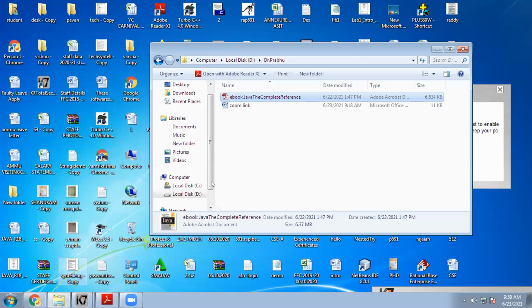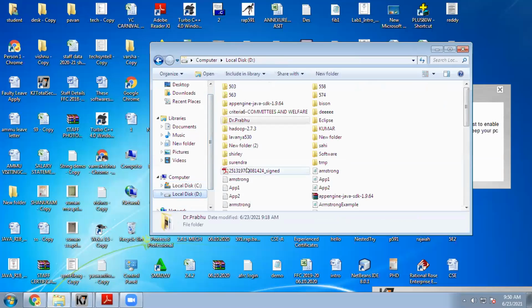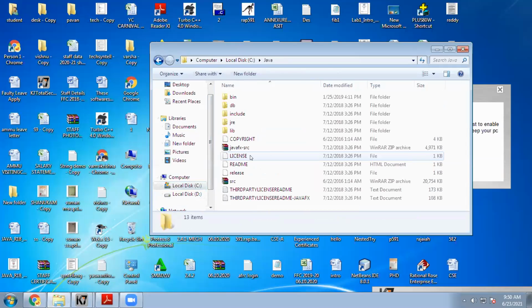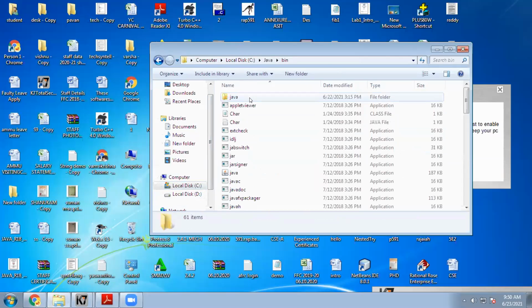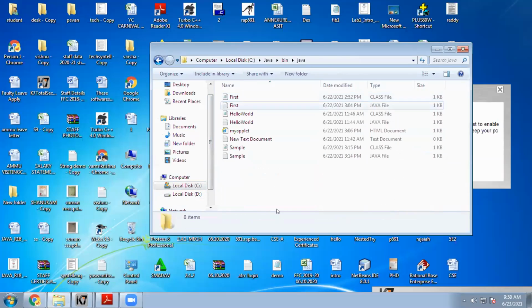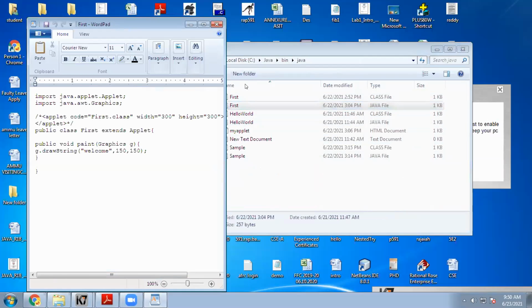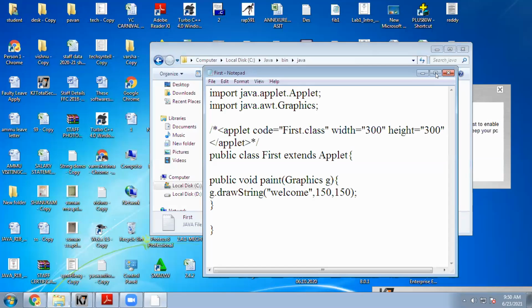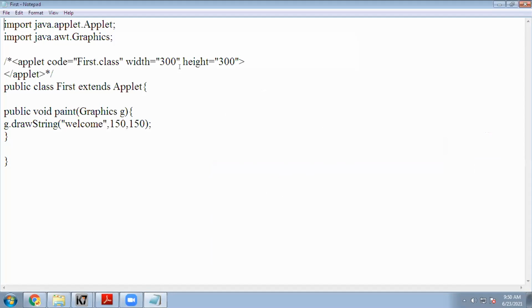So what I did is I created one applet program. I'll show that. Here this is one Java file. Let's go through this Java file.